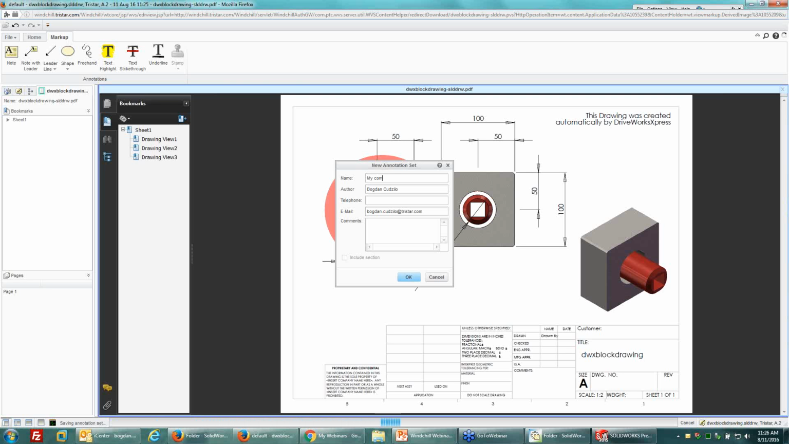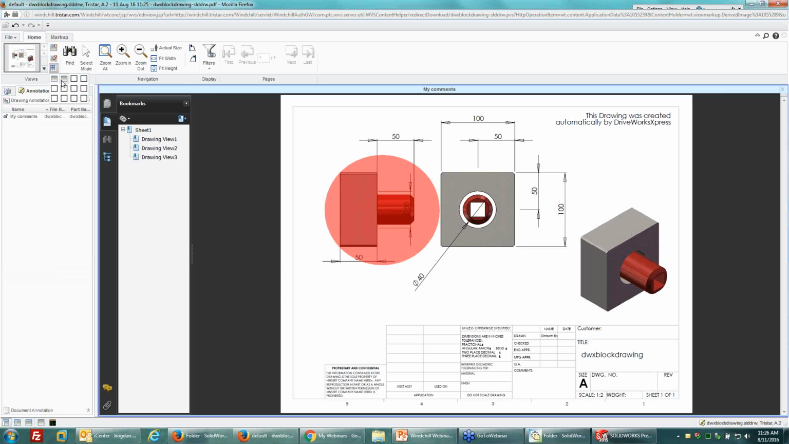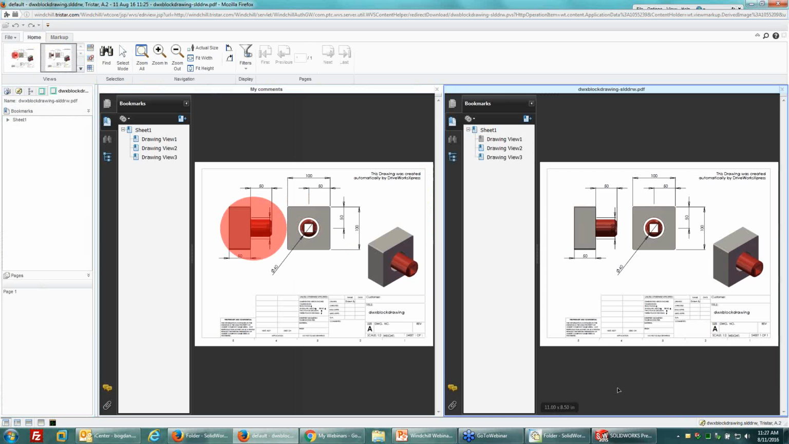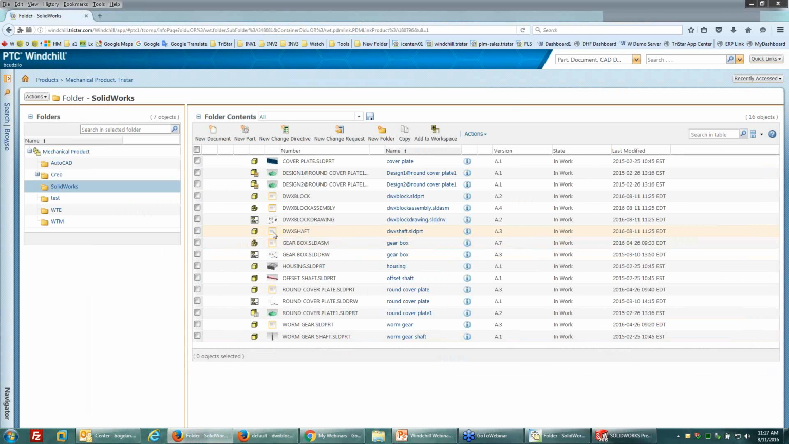So I can call it my comments. So if there's a change or something happens, I might want to save my feedback for a design review. I can then overlay those two screens together, right? I can bring up the original on one side and people's comments on the other side of the screen. So the viewer can have multi-window capabilities. I can bring up the 3D model. I can also go into my folder